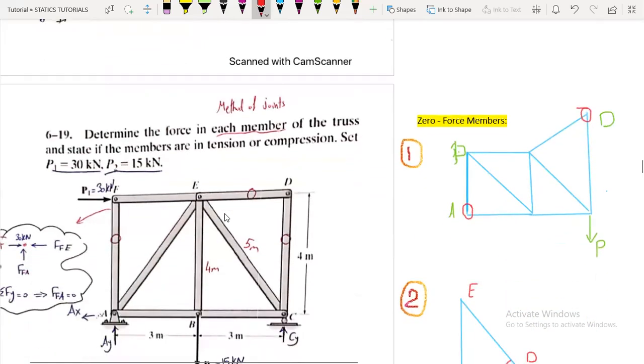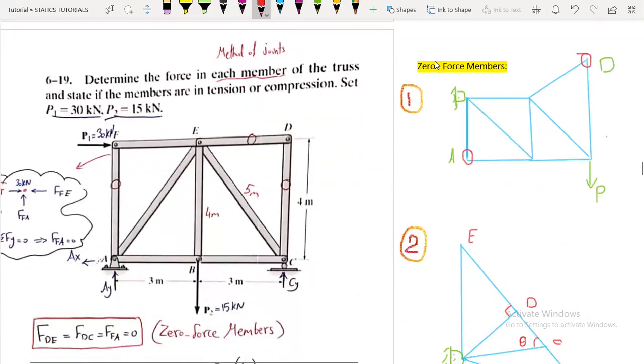Now, here is also the method of joints, but we have a new concept, which is the zero force members. Here, we have two cases for zero force members. I have drawn the cases, okay? The first case says that if we have two force members, two members,